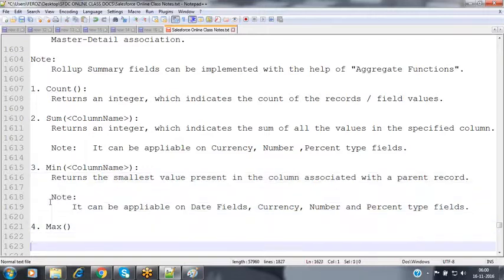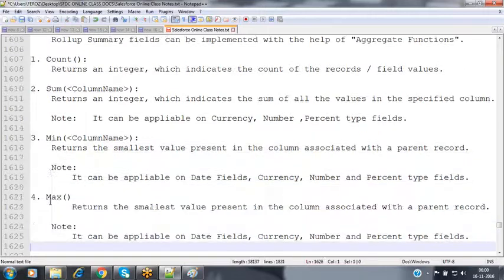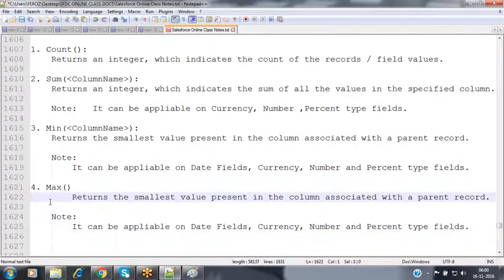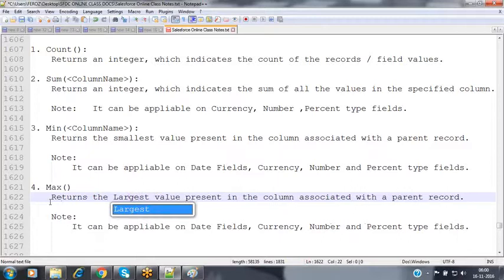The last function is maximum. The maximum function returns the highest value, nothing but the largest value present in the specified column, which is associated with your parent record.